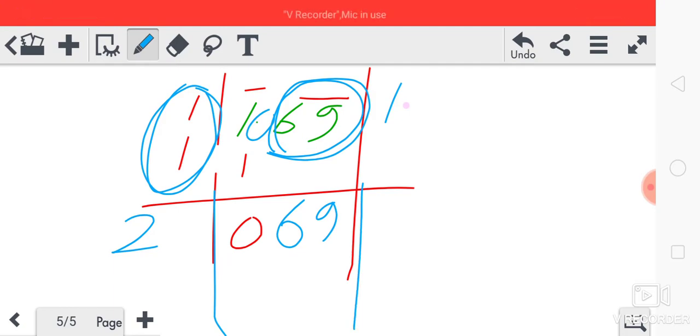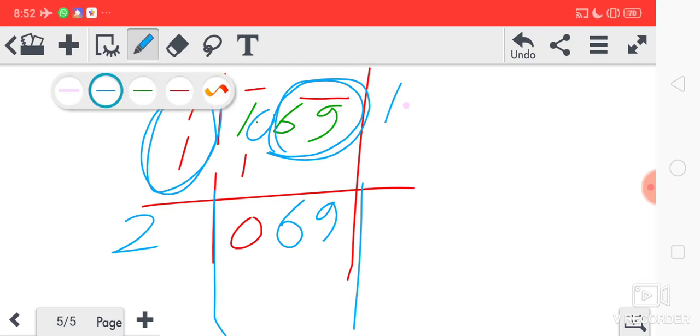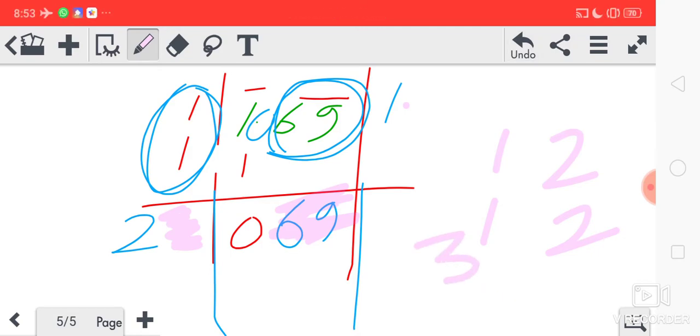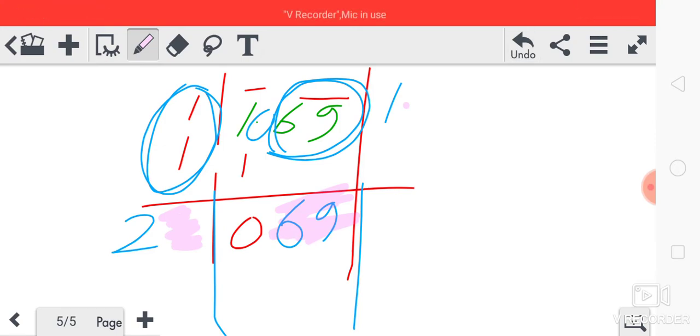So that it will become 69. Here we have got how much? Here we have got 69. So in this place, what number should we take? The same number we have to multiply. If we are taking 1, then we have to multiply by 1. If we are taking 2, then we have to multiply by 2. If we are taking 3, then we have to multiply by 3 only. With the same, if we are taking any number, then we have to multiply with the same number.